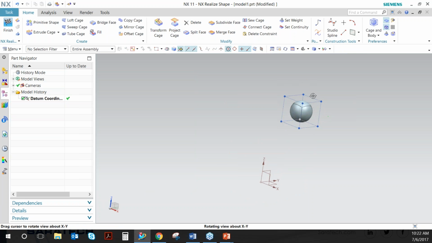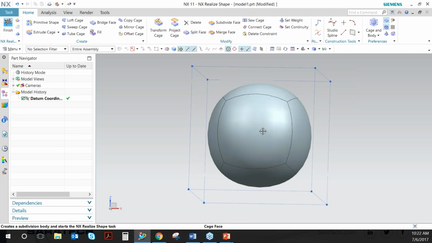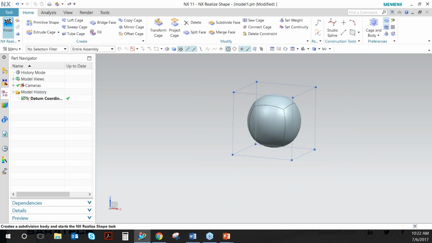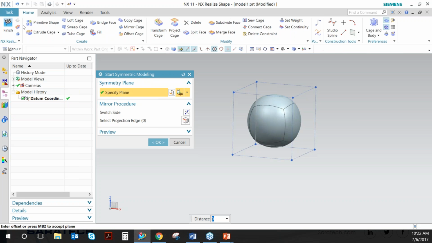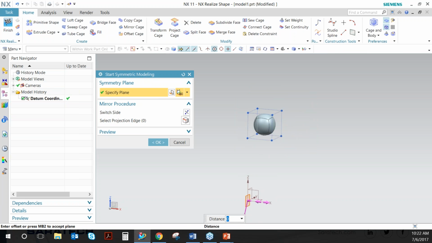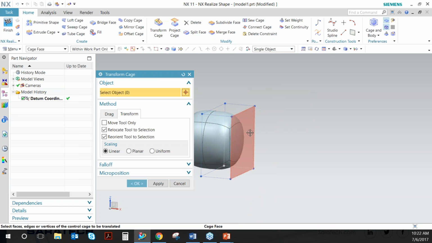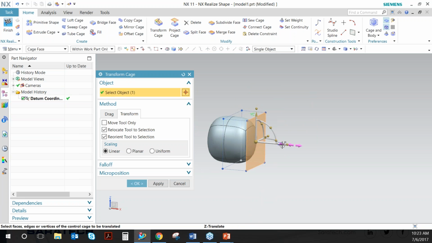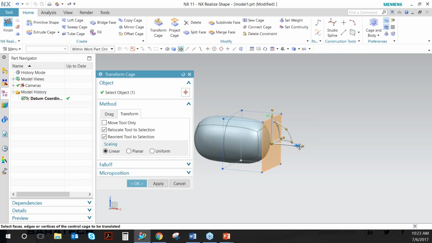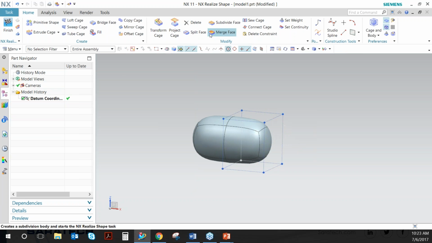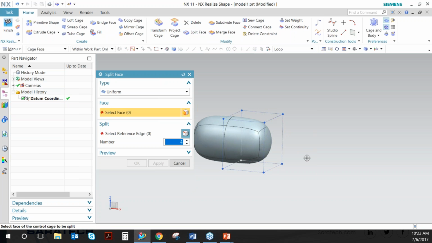Now I can drag this up by clicking all of the faces and then dragging up. And press OK. From here, I'm going to do a symmetric modeling again, clicking on this face, clicking on that XC plane that I've indicated from before, and press OK. I'm then going to drag this face so it pushes out a little bit more so I can get that head cushion look, and press OK. I'm then going to use the split face function and